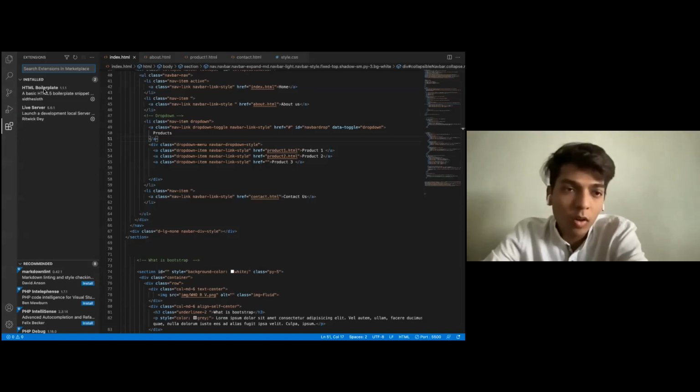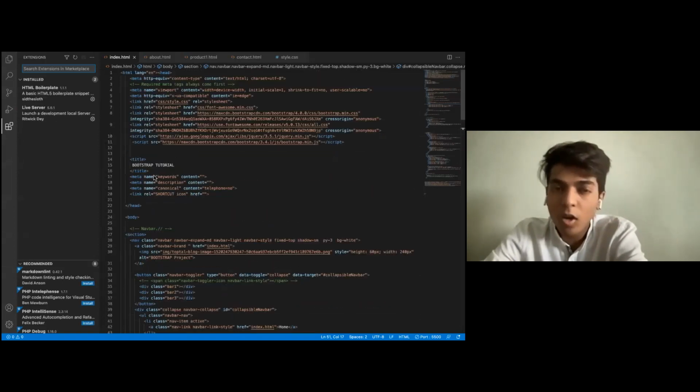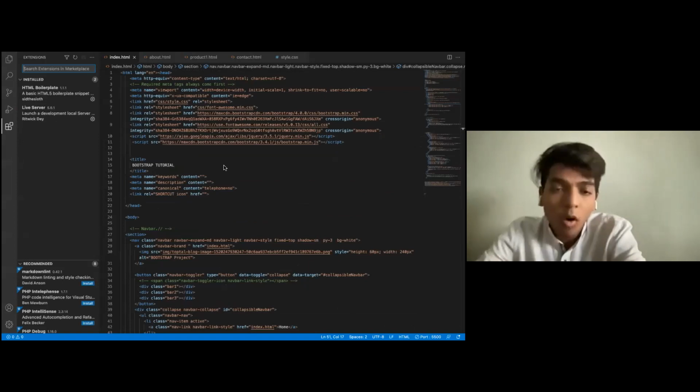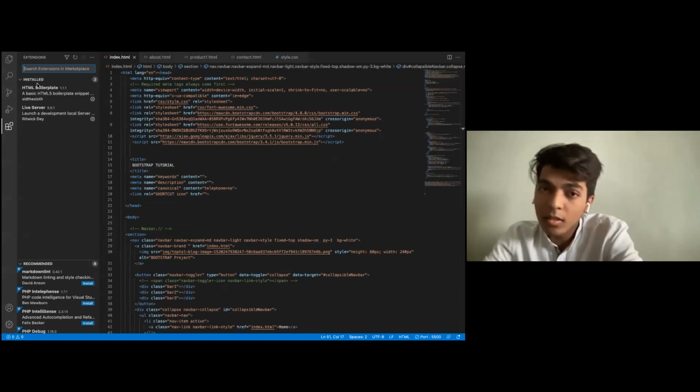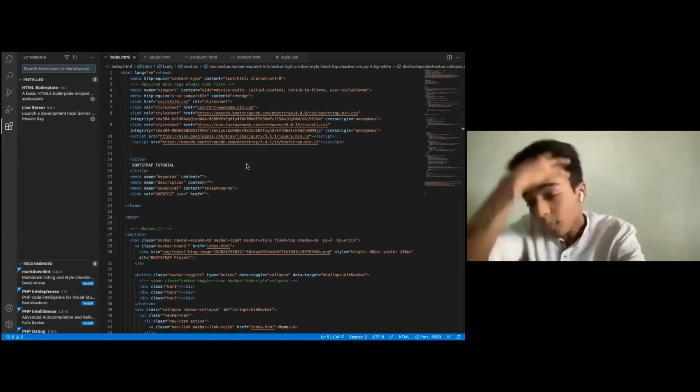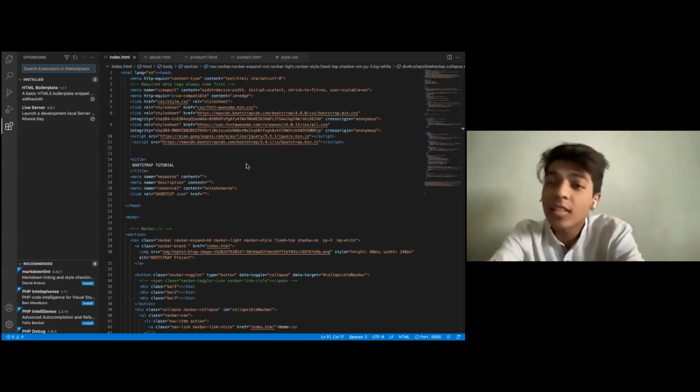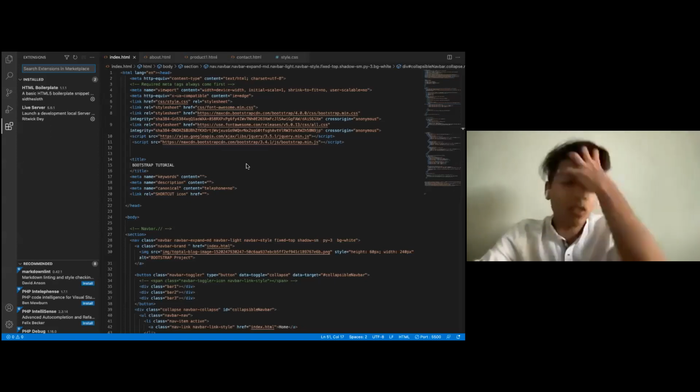So here this is the HTML boilerplate. Actually, this is not a boilerplate, this is the HTML basic boilerplate. The boilerplate that was shared with you is with respect to Bootstrap and all. I hope that everybody has installed it and is ready with that, because it has links and scripts for today's webinar.